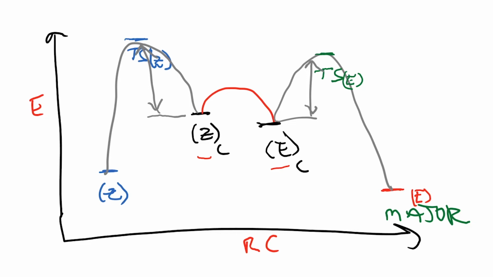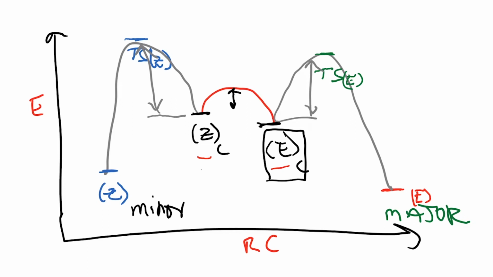So when we consider reactions where there's going to be a competition, okay, so here is a competition between the formation of the Z product and the E product. So we know that the Z is the minor product and the E is the major product. Okay, so what we are tempted to do is to say that the conformation that leads to the formation of the E product is substantially higher in population compared to the conformation that is leading to the Z product. Okay, but that is not really going to help us explain the result because this barrier is extremely low. Okay, so like we discussed, it's about 10 to 12 kilojoules per mole, and that's easily accessible at room temperature.